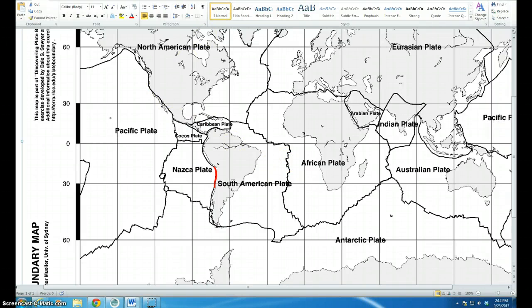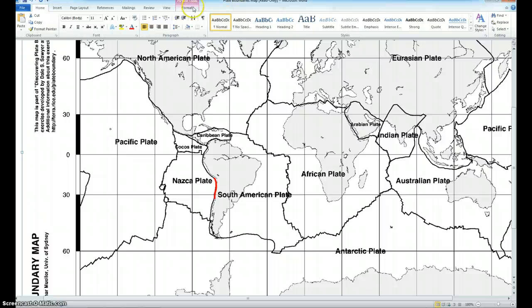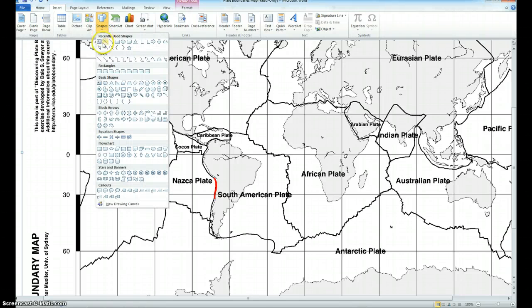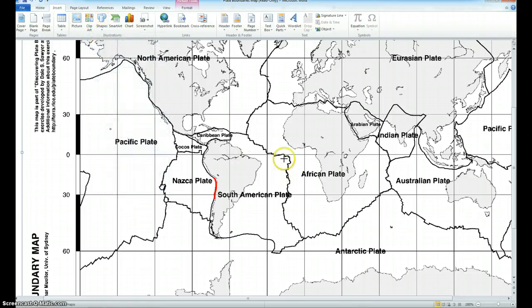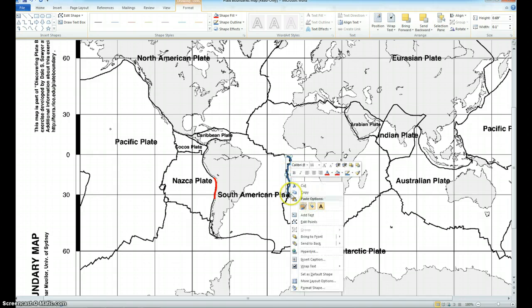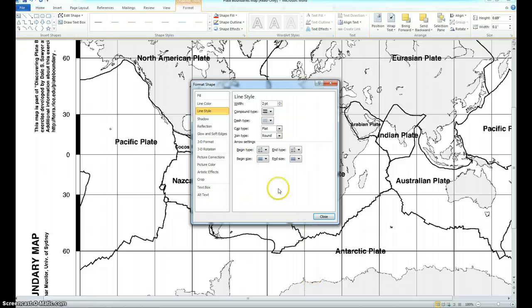Well, what color should we make that? Let's say that's going to be a blue line. So I'll go back to shapes, I'll find my little squiggle line, and I'll color this whole thing. I'll color that blue, and well, it's already blue, so